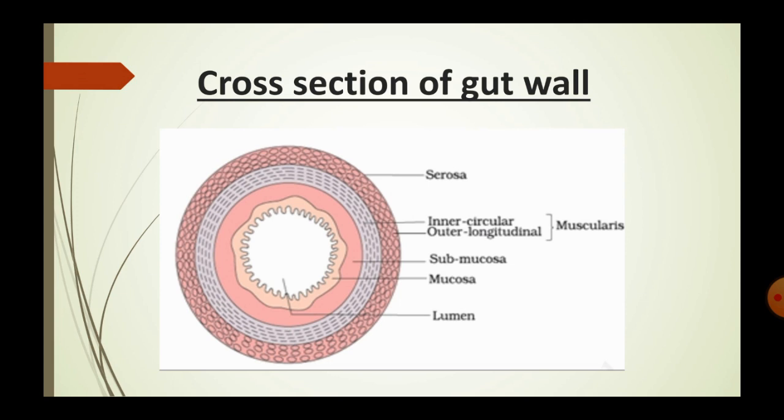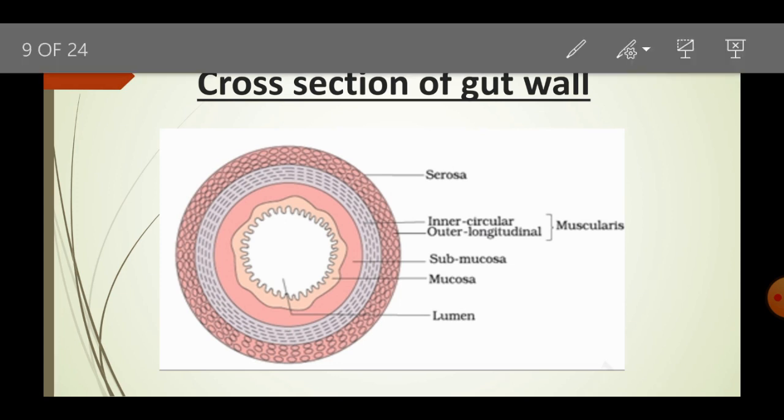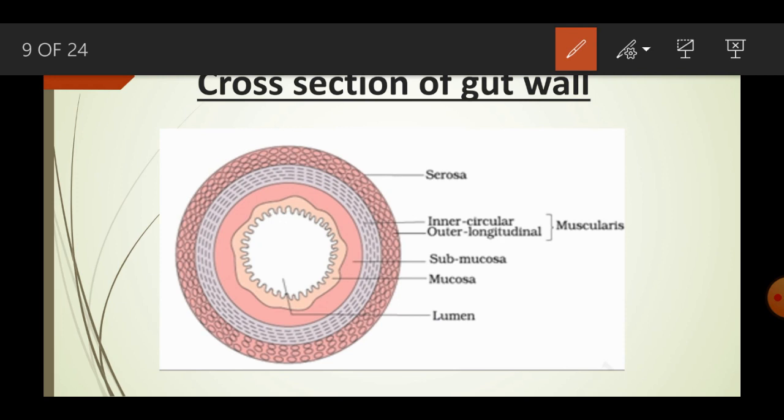The wall of the alimentary canal from esophagus to the rectum possesses 4 layers, namely the serosa, muscularis, submucosa, and mucosa. The serosa is the outermost layer, and it is made up of thin mesothelium, that is the epithelium of the visceral organs, with some connective tissue. Muscularis is formed by smooth muscles. Usually they are arranged into 2,